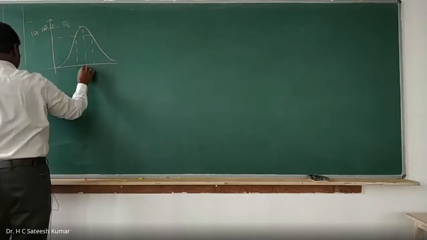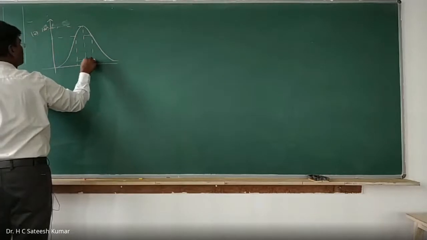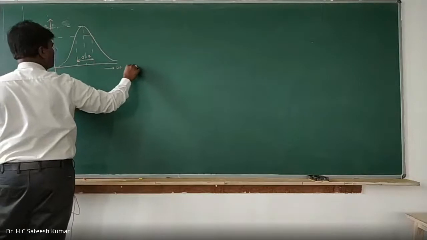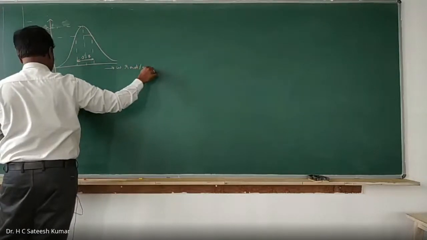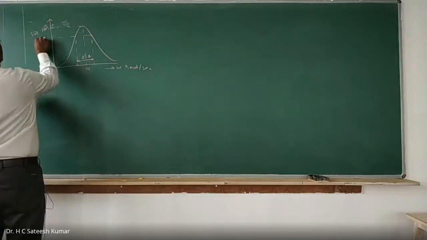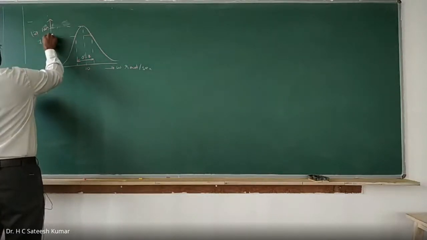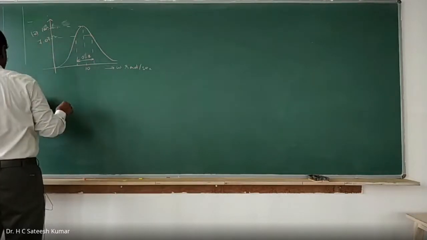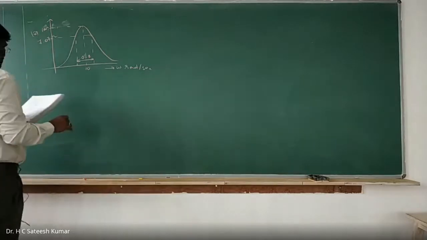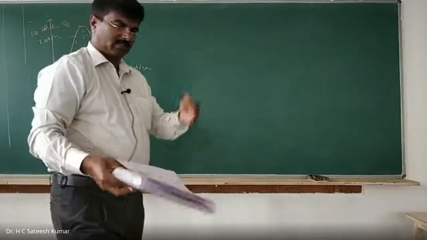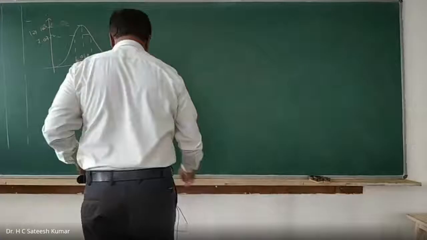This is 10 ohms, and this is 0.4, and he has given this in terms of omega, in radians per second. This is 10, and this is 7.07 ohms. So this diagram he has given, and he said to find the values of RLC for a parallel resonant circuit. Okay. So how to do this kind of problems?